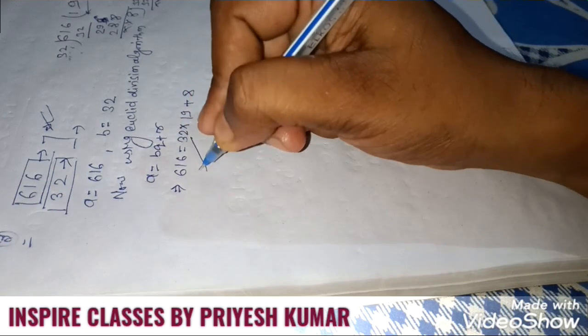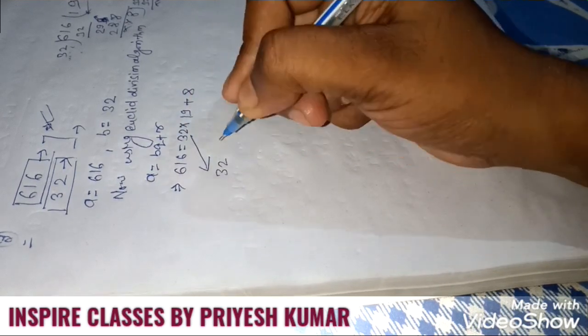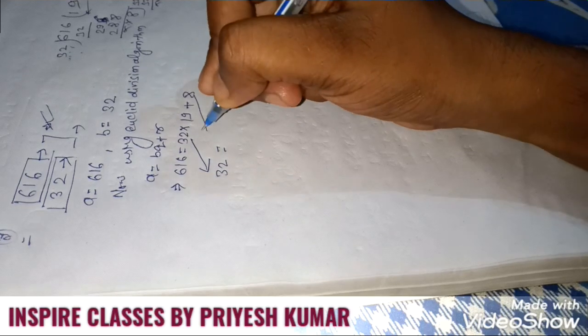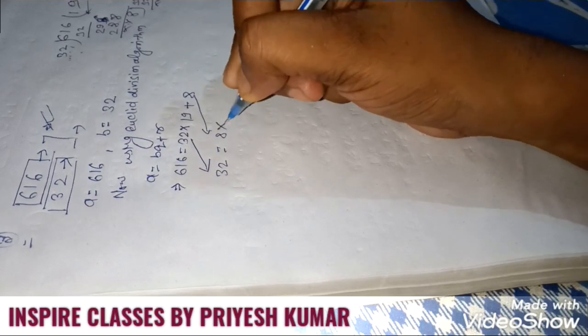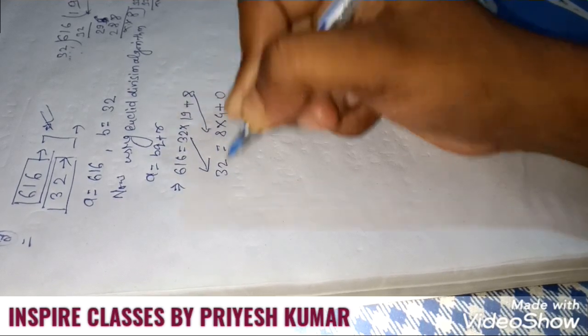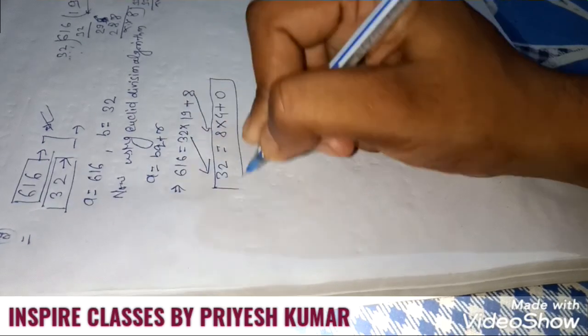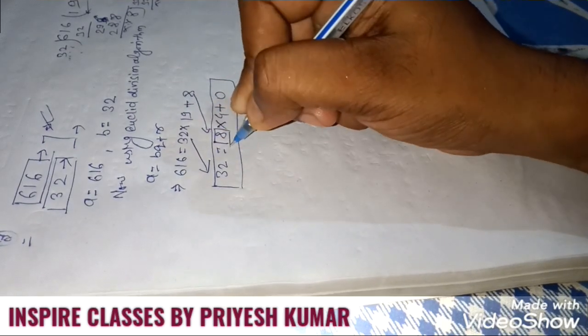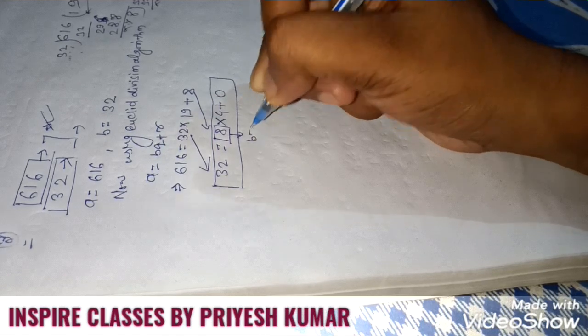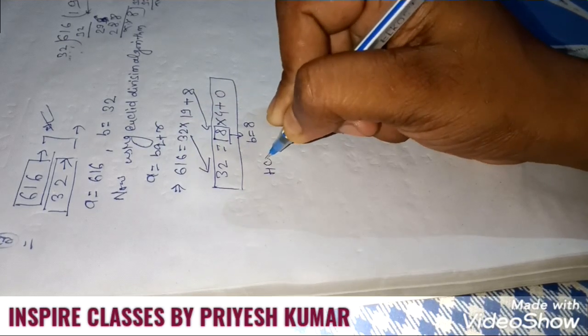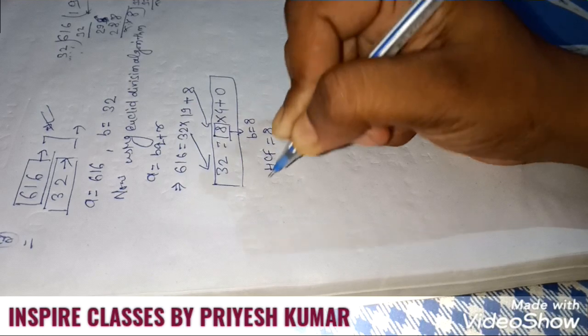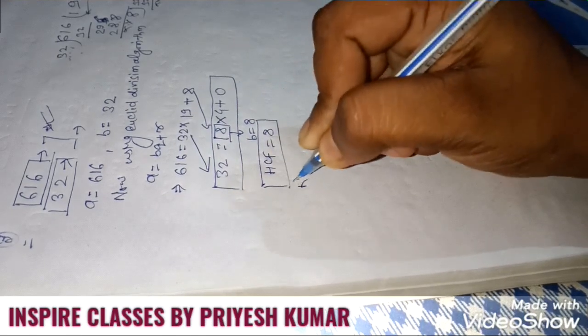In the next step, the dividend will be 32 and the remainder will be the divisor, that's why 8 into 4 plus 0. In the second step, you can find out the value of the divisor, that is the value of B, will be 8. That's why the value of HCF will be 8, so that the number of